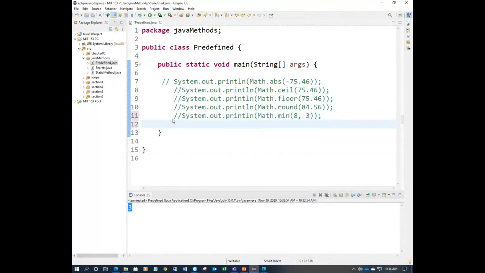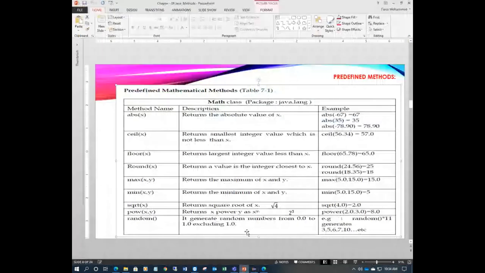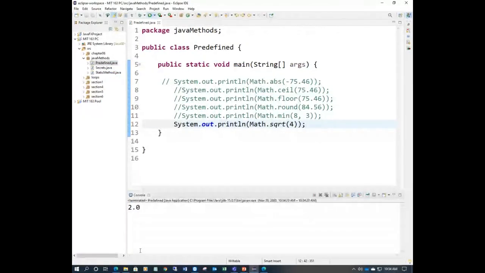Copy this one and paste it. I say here sqrt of 4. Everyone knows the square root of 4 is 2, right? Now this line is equivalent to that. So run the program, you will see 2.0. Does anyone know the square root of 16? It is 4 square, which is nothing but 16, and the square root will cancel it. The answer returned is 4, so the answer is 4.0 here.